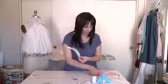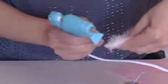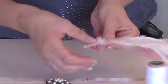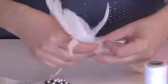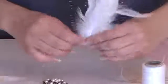So I take my feathers and a little piece of felt cut to the width of the ribbon so that you don't see it, because it's going to go on the inside. Take your glue gun, you put some glue on your feathers, and then you take your piece of felt and you put that right over it. And that's going to go on the inside of your ribbon,